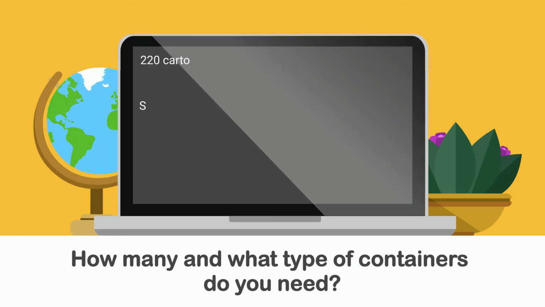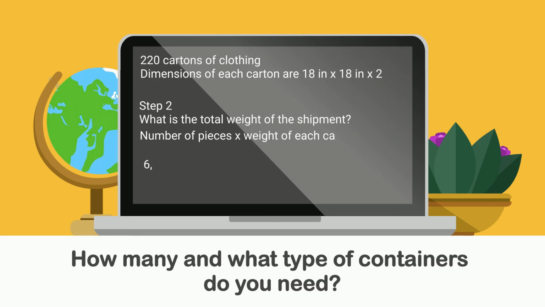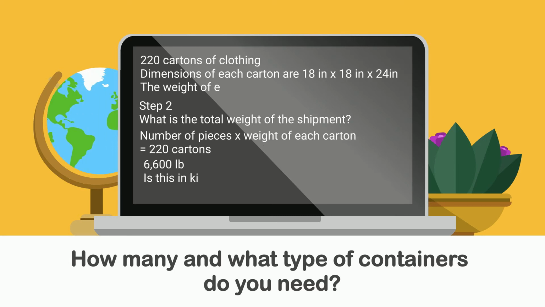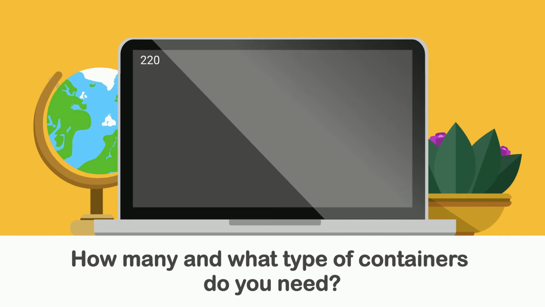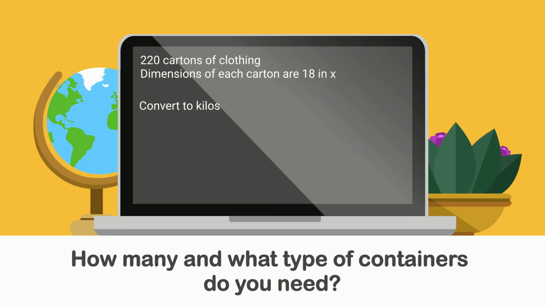Now that we have the volume, let's get the weight. We're going to take the number of pieces and multiply it by the weight of each piece, and that's going to give us our weight. I want you to take a look at the measurement for this as well. Is this in kilos? Since the weight is in pounds, we need to convert that over to kilos. The way we do that is by dividing it by 2.2046,